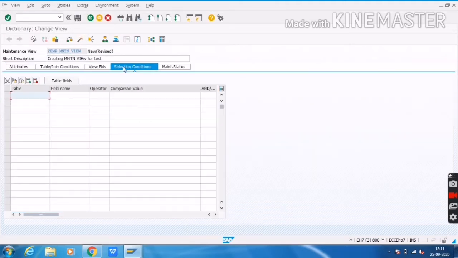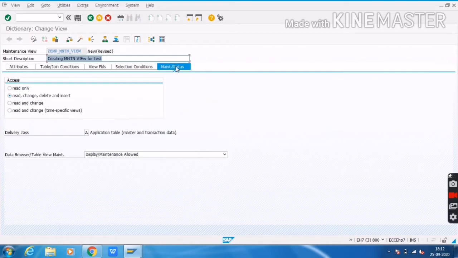Now I will go to select condition. Here we can provide more select conditions. If you want to get only the first record, here we can mention conditions. Then I will go to maintenance status. As I said before, inside a maintenance view we can read the data, change, delete, and insert.